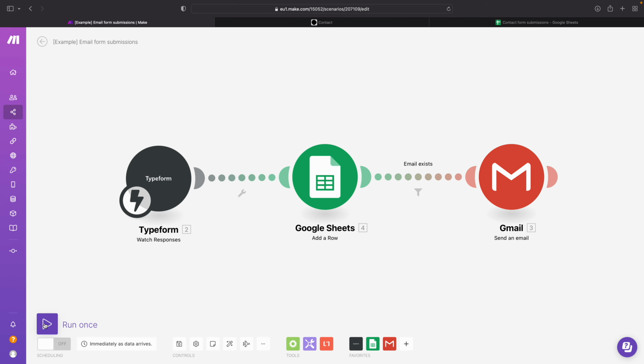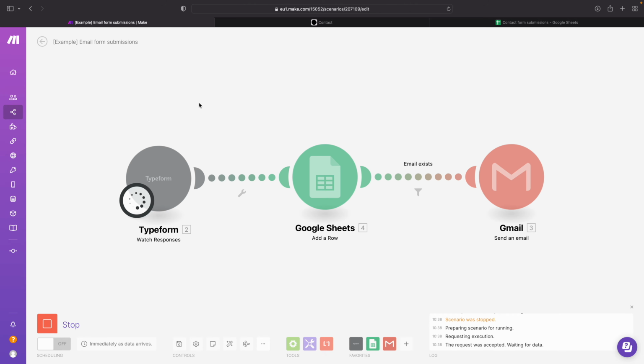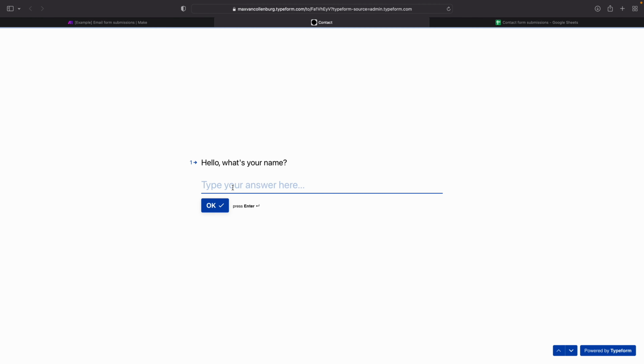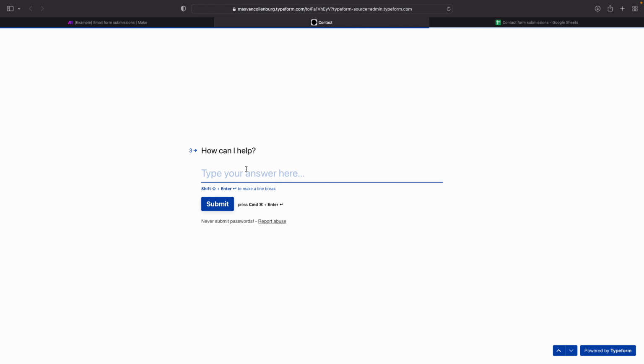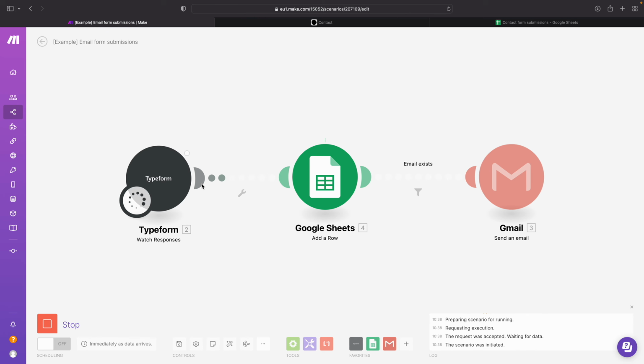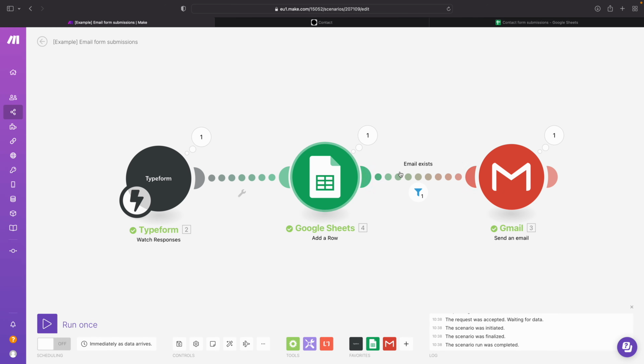And then I'm going to demonstrate this scenario. So then I'm going to click here, run once, and run once is especially handy to run your scenario once, which is handy for testing or demonstrating something. Then I will go over to my Typeform, and over here I will type a name, and then here an email address. And then I will just say here, hey. I click here submit, I go back over to the scenario, and then you see in real time how the